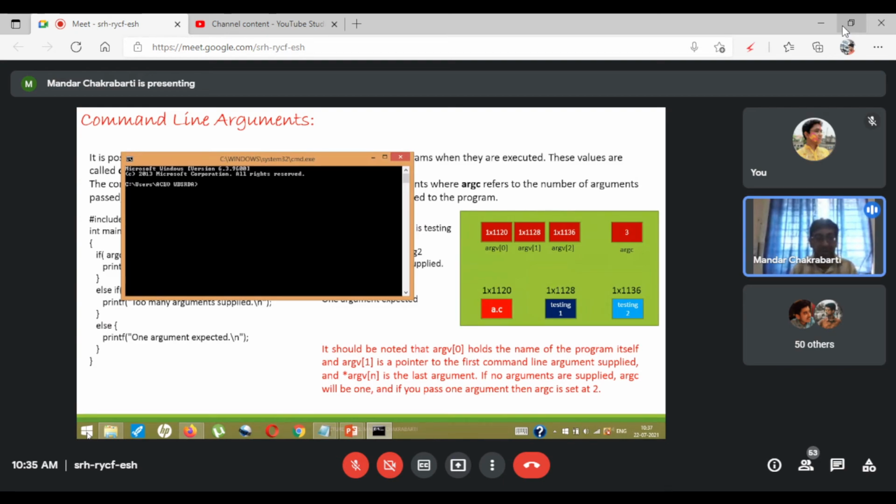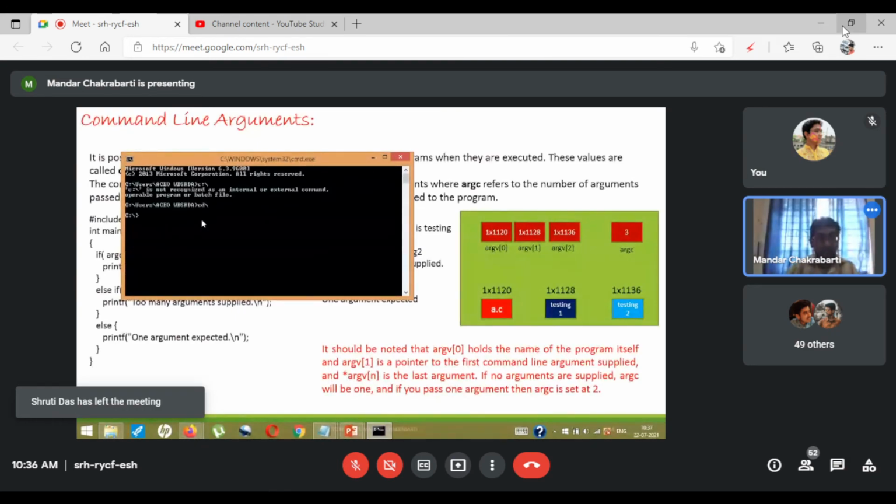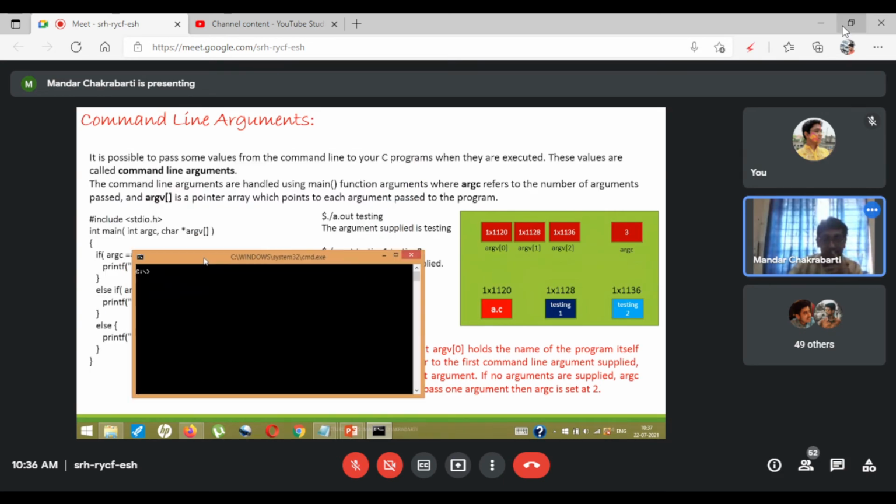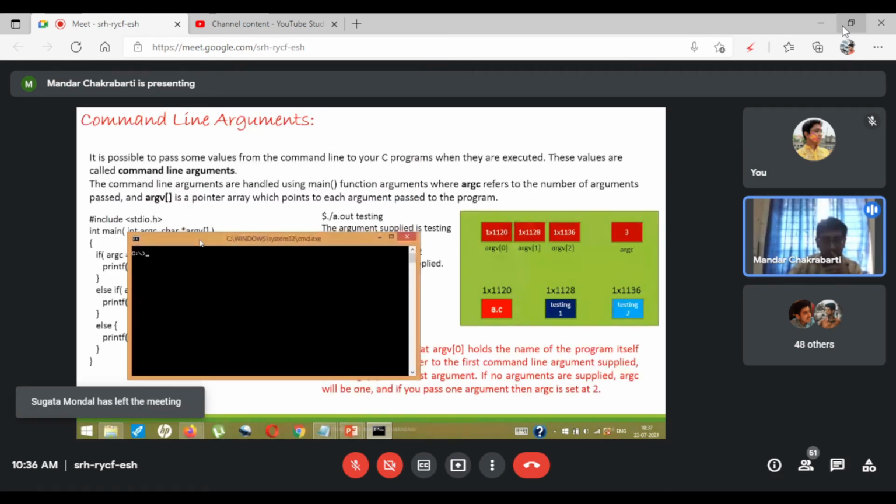So if you are running your program from here, what do you all do? First of all, you go into the directory where your programs are stored.